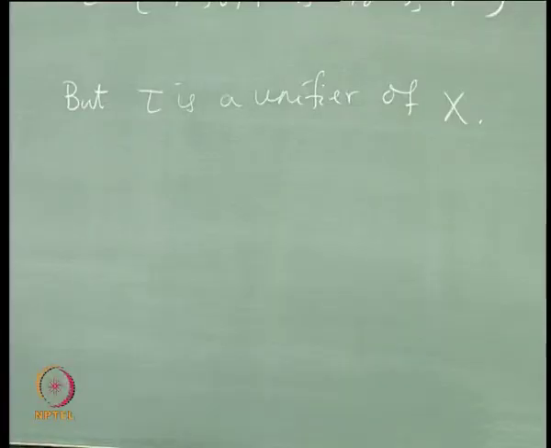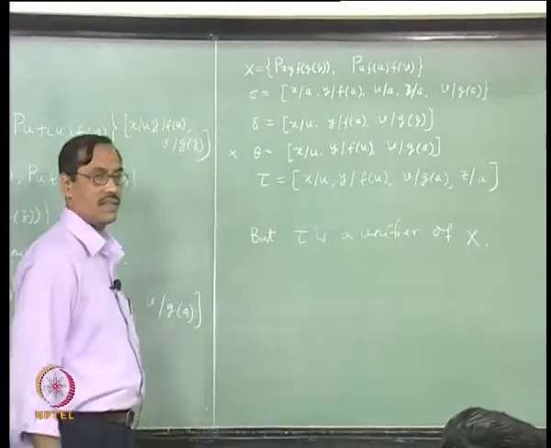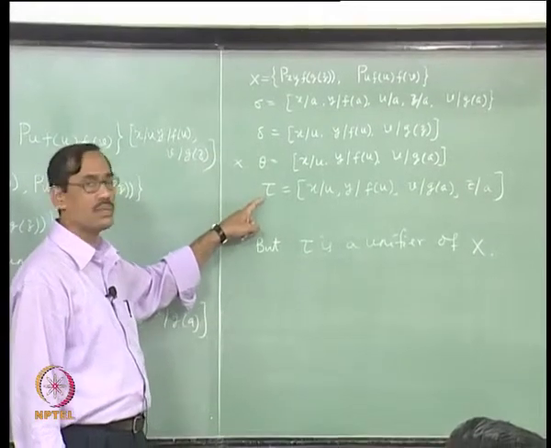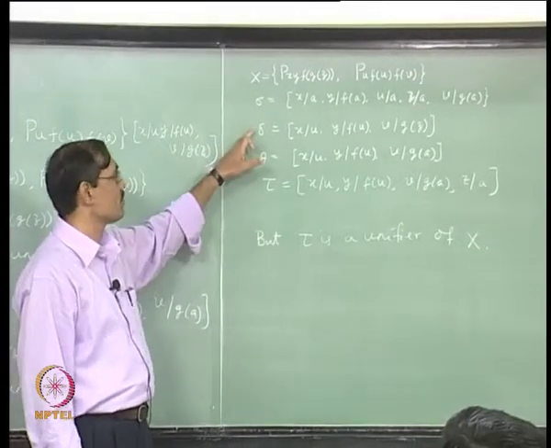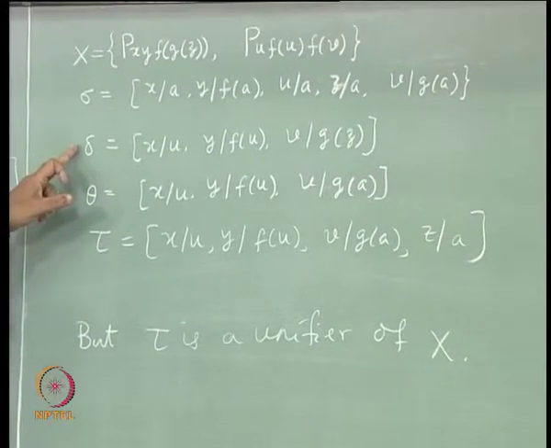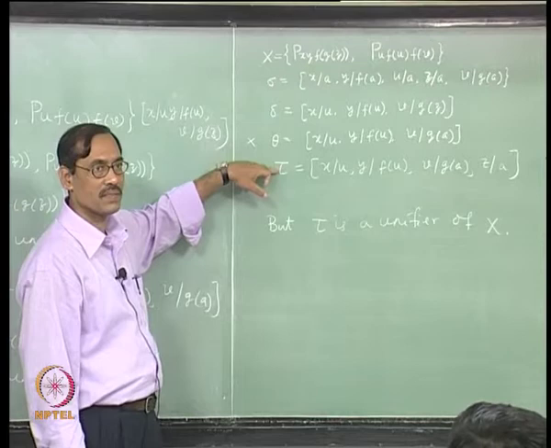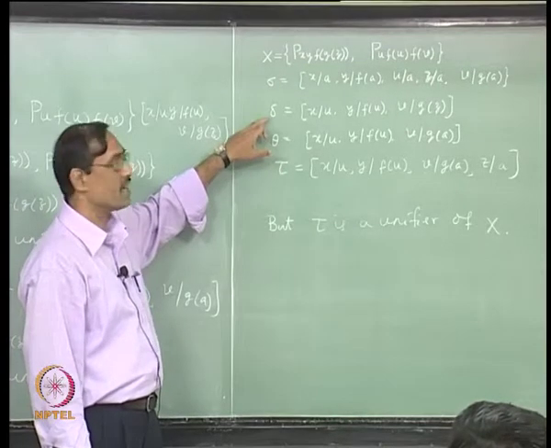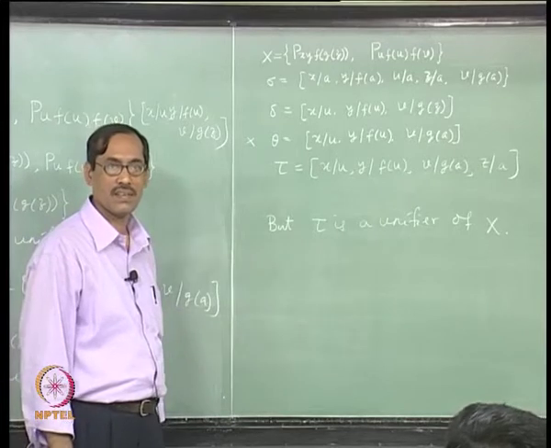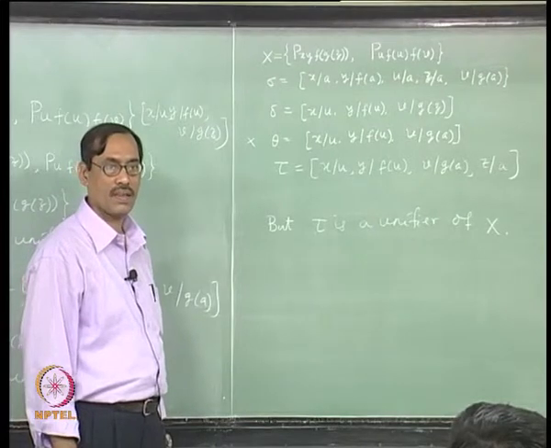We want a general one. Which one of these would you choose? Theta is not a unifier. Which one of sigma, delta, tau would you choose for a general one? Delta you would like. Yeah? Why? It keeps the variables. But we can give another mechanical way. We can say that the other two unifiers can be seen as delta composed with another substitution, right? That is possible. Is it so or not?